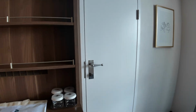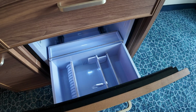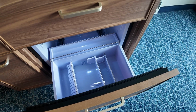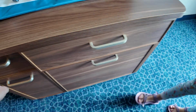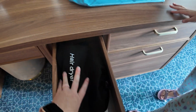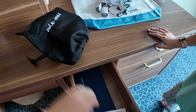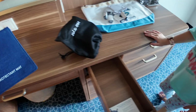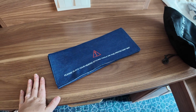We open that veranda up for us. And then this is a little mini fridge. So Boston drinks milk, so I put some milk in there for him. And then there's some drawers for storage. This is a hair dryer. This is also where you can get ready. So if you have brought hot tools, they ask that you put them on this before you put them on